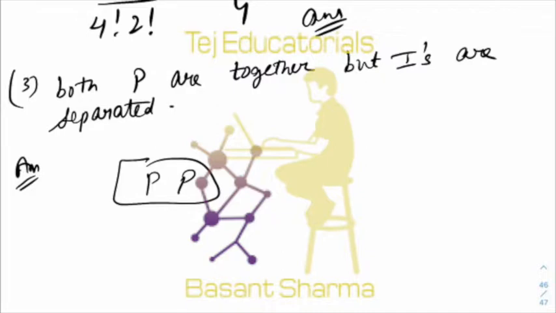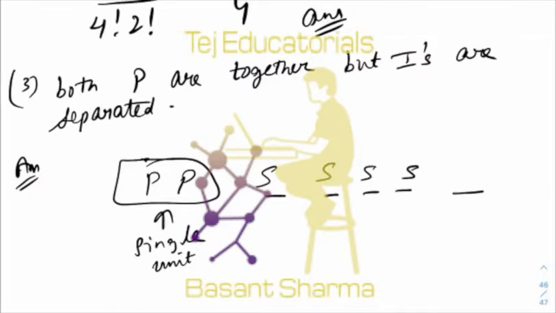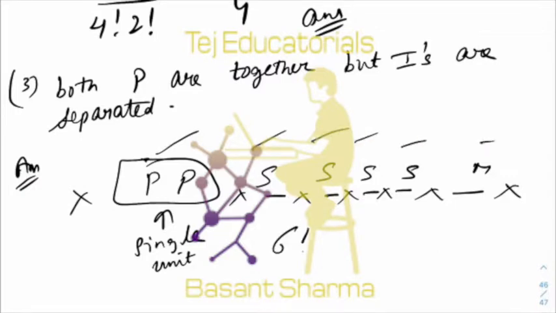So you have one block which is a single unit for the two P's, and then place the remaining. You have four S's and one M. Okay, so you have S, S, S, S, and M. Now, how many gaps do you have? You see, you have 1, 2, 3, 4, 5, 6, and 7. 7 gaps. Okay, so first of all, arrange these 6 objects in